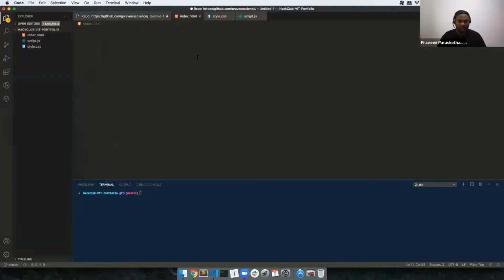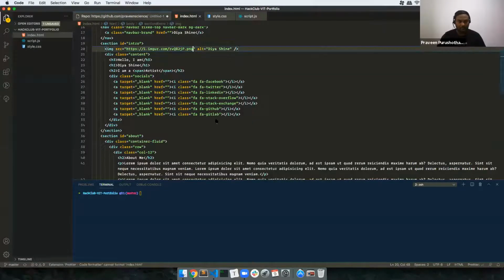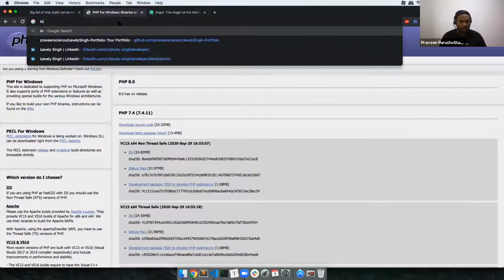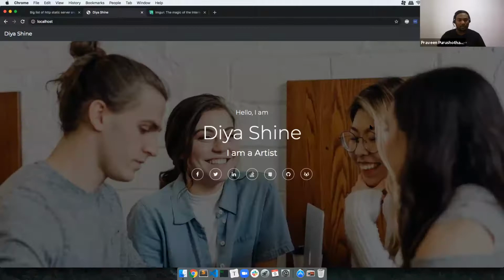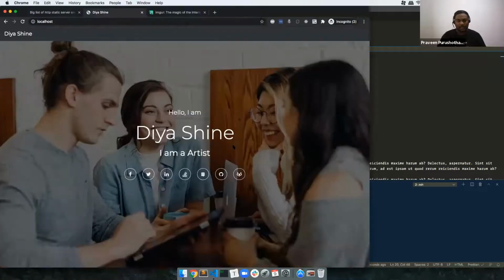Let's go ahead and update this image. And if we try opening the localhost now, we've got this. This is perfect, right? And this is actually responsive as well. So that's exactly what I did.